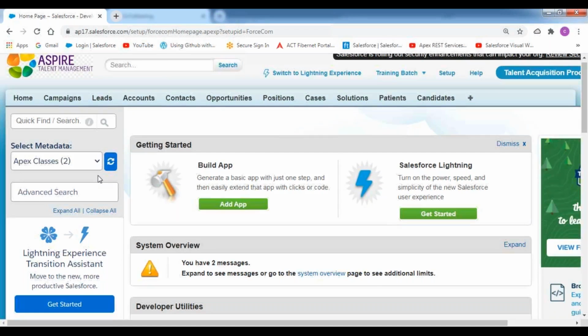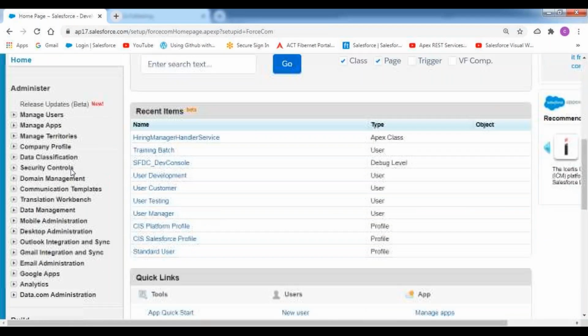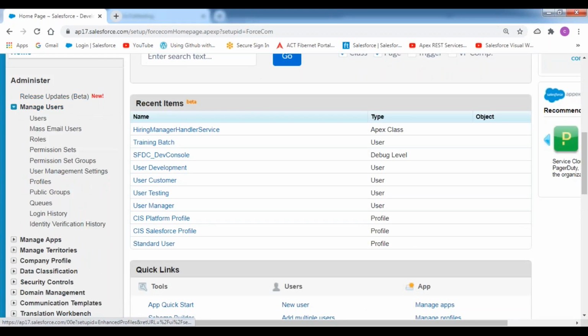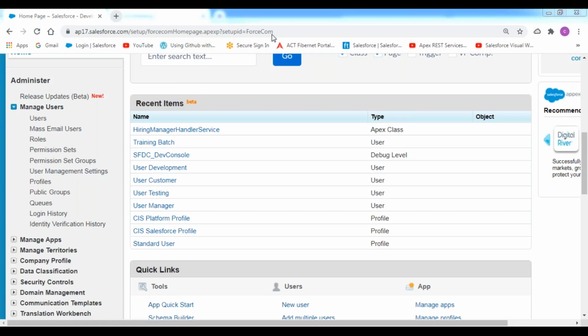Now let's see how we can verify that. Simply go to the administrator menu in the left panel. Go to manage users. You will have an option called login history. By using this login history option, we can verify how frequently people are logging into our Salesforce application, when they have logged in, by using which username, by using which system, from which location, what the city name, state name, country name, country code, postal code, and latitude and longitude are.